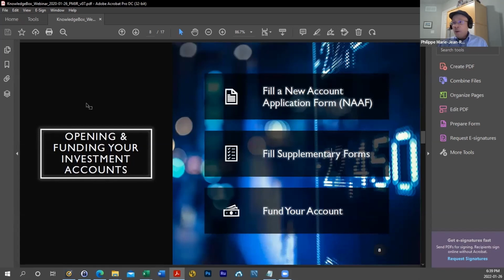The opening process, really, it's fairly simple. There are really, in my mind, three phases. We actually have to submit something called a new account application form, or NAF. We also need to submit supplementary forms, and we'll go through the details a little bit in a moment. And then the third phase is once the account is open finally and up and running, then it's a matter